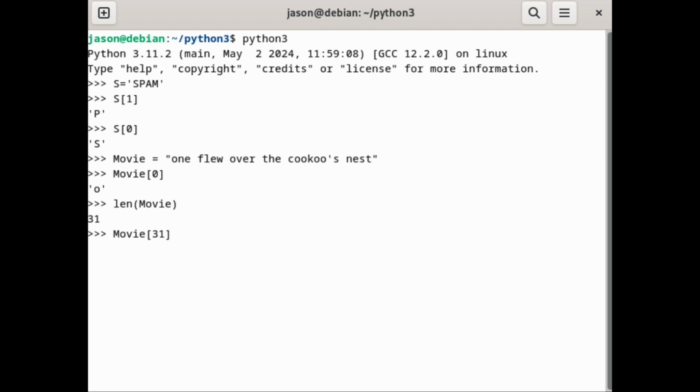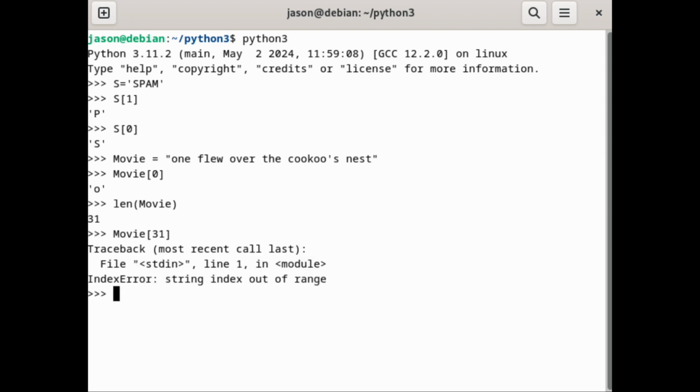You would get an error that says out of bounds, and I'll even do it here. It says string index out of range, and that is because to get the very last character, you have to subtract 1 from that length. So it would actually be 30.